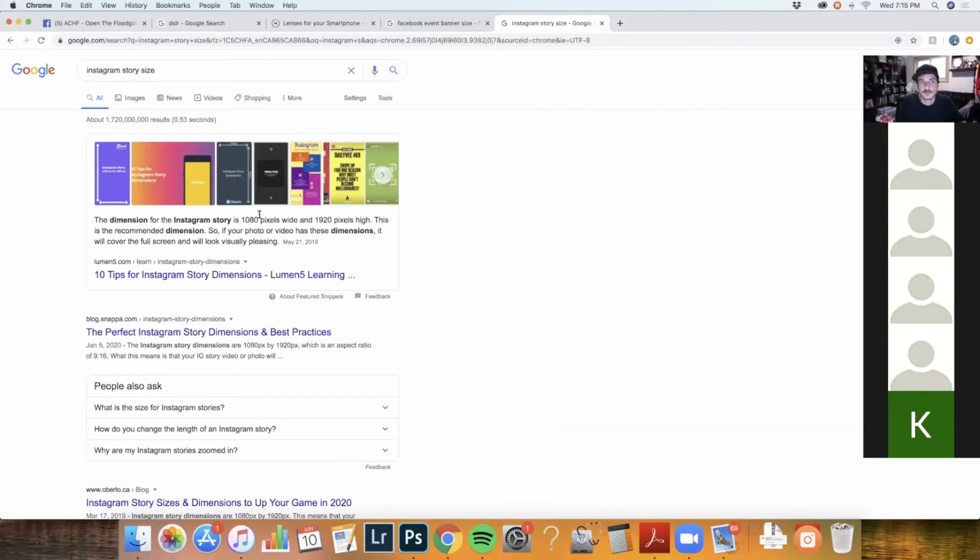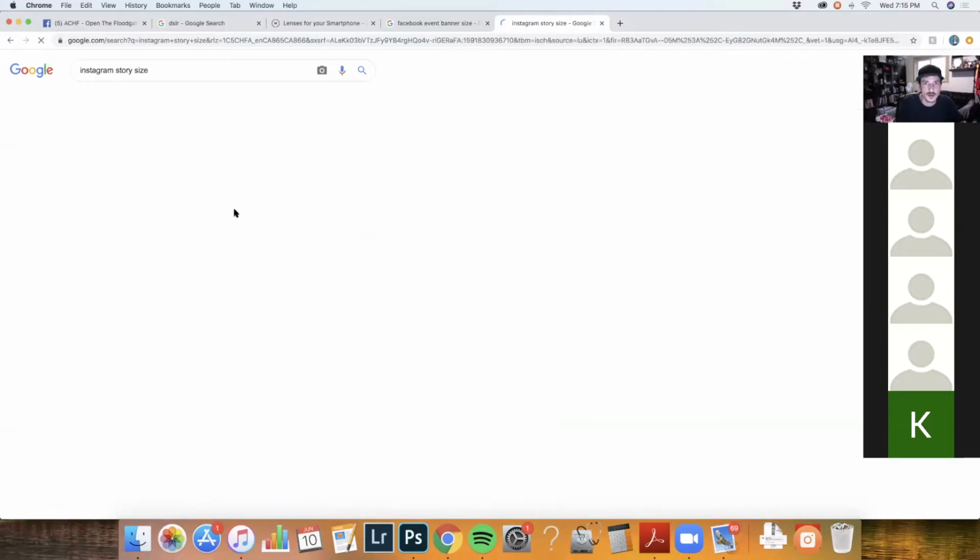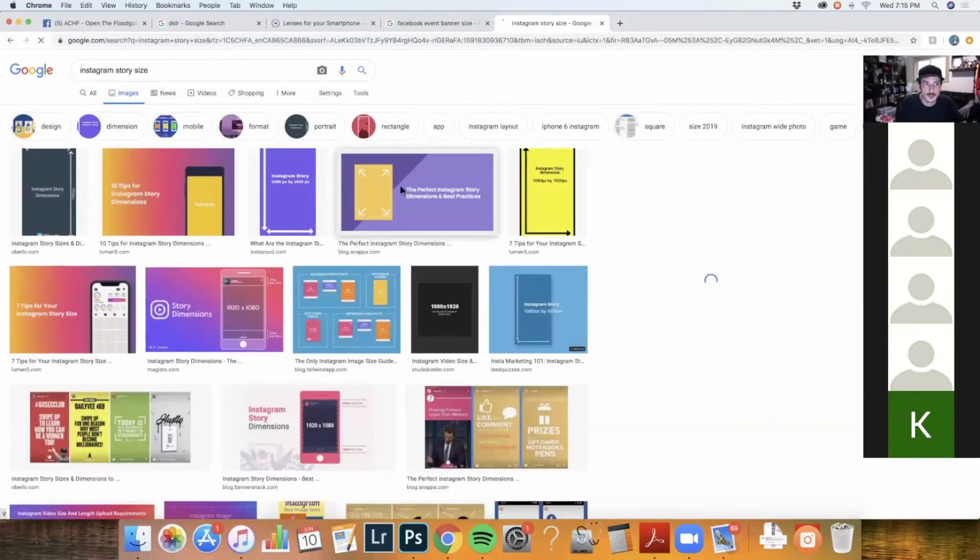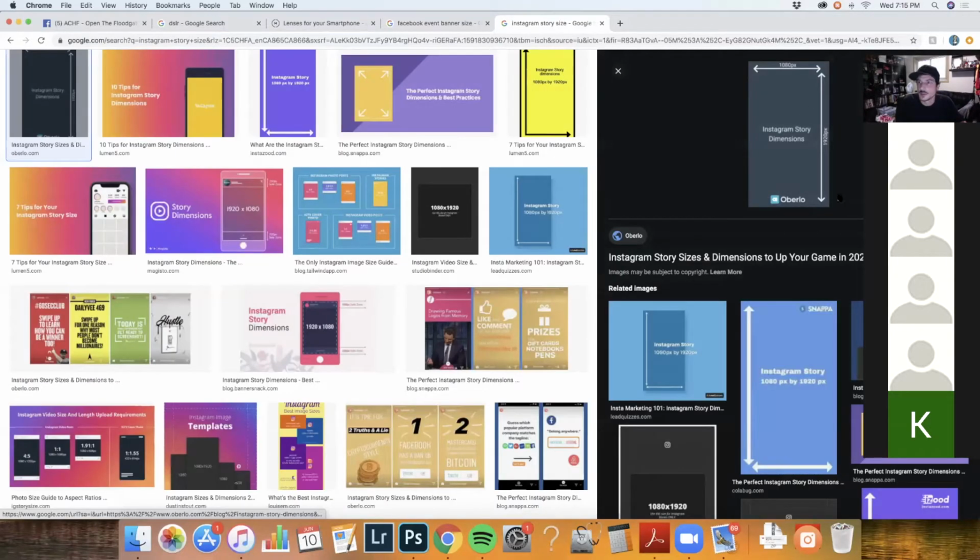If you were filming videos for Instagram, you would want it to be vertical, whereas let's say you were filming a video for YouTube, you'd want it to be widescreen. The aspect ratio is different. You want to be able to fill as much of the screen as you can. That's your real estate.